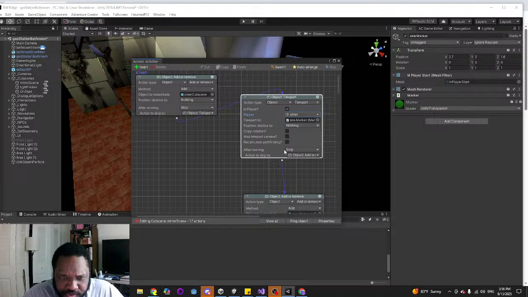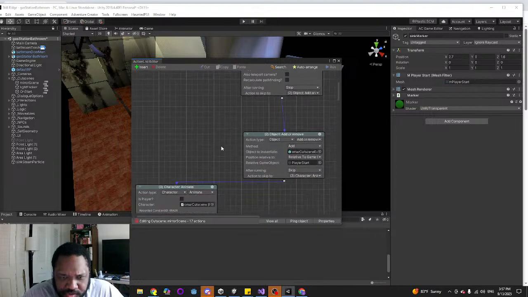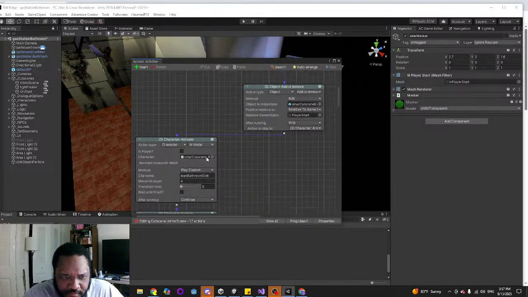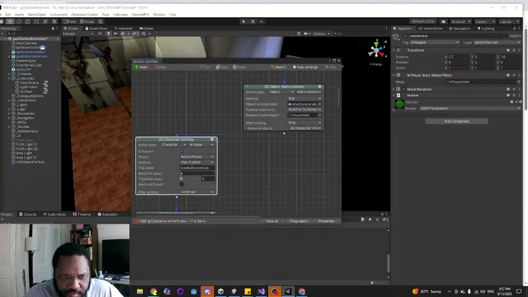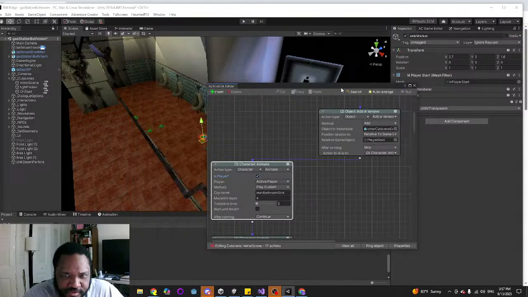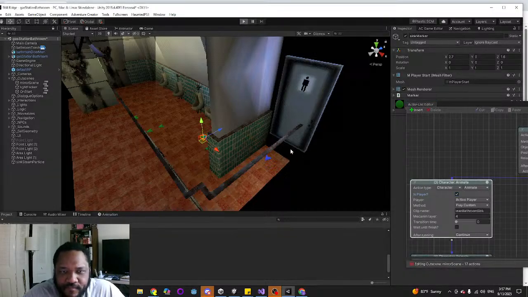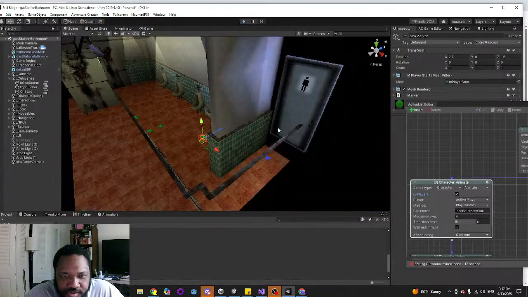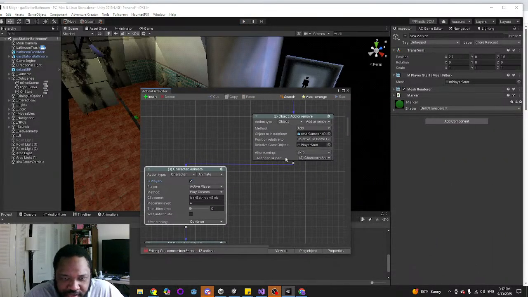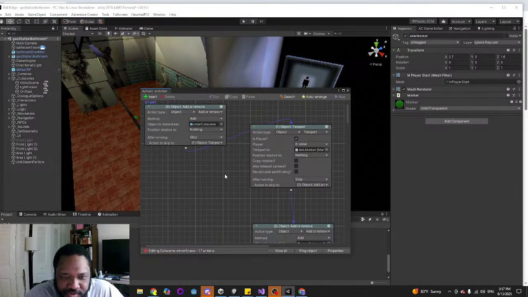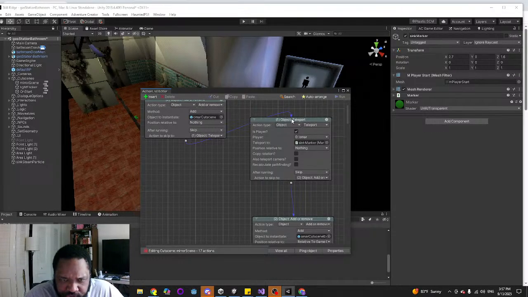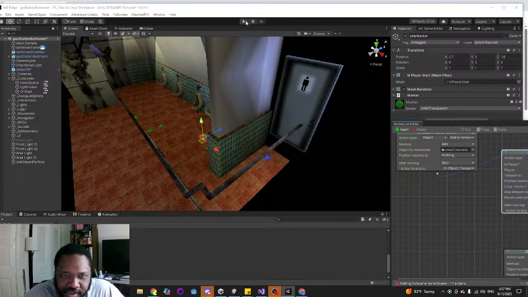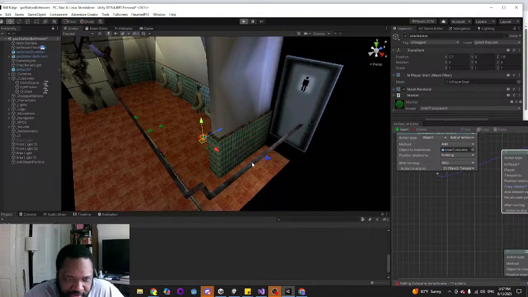Instead, I am just going to teleport the player itself. Now let's see if this works. All right. Okay. This appears to be working, but now I need the player to actually face the sink. So after teleporting, oh yeah, copy rotation. I need to copy the rotation of that little arrow that they're moving to.